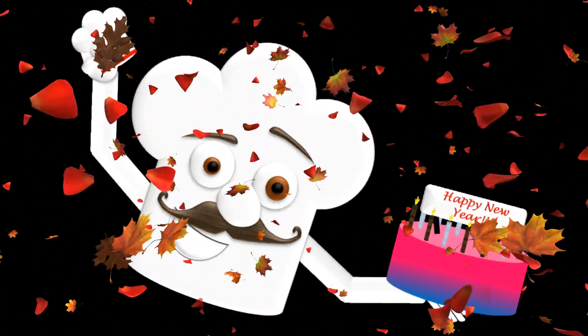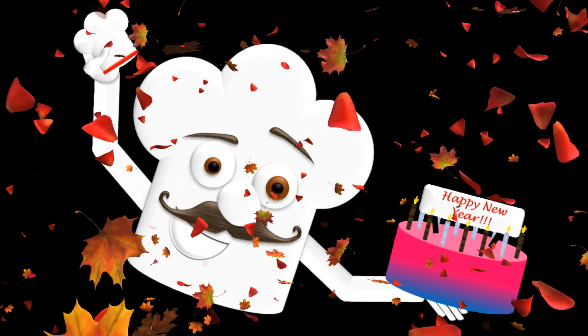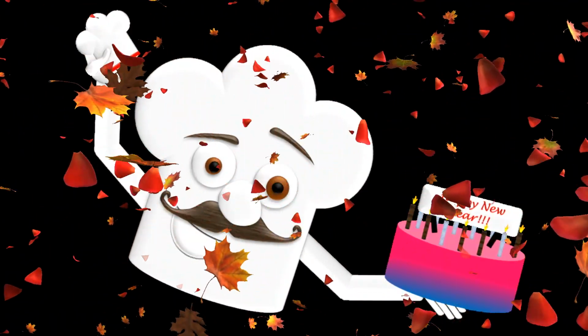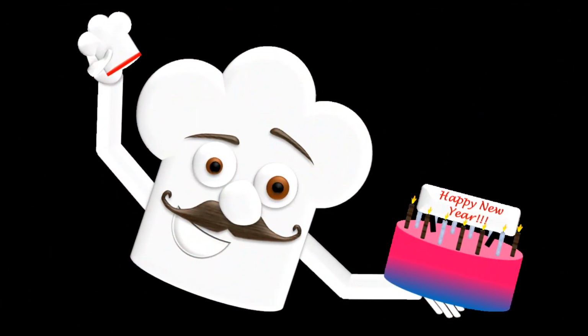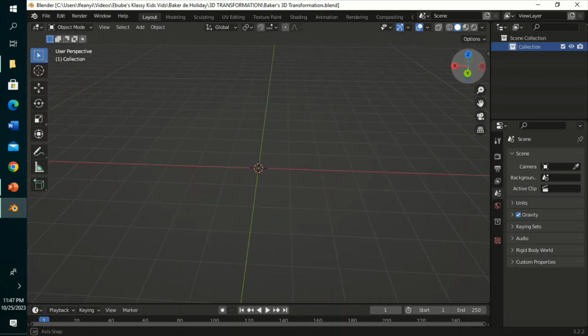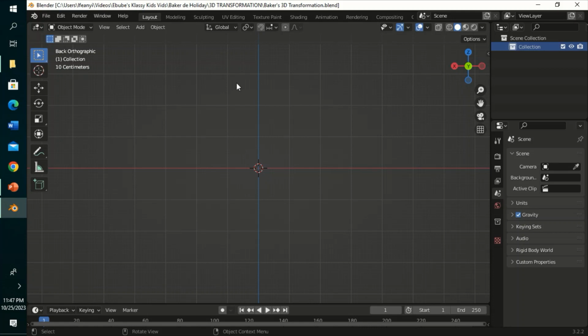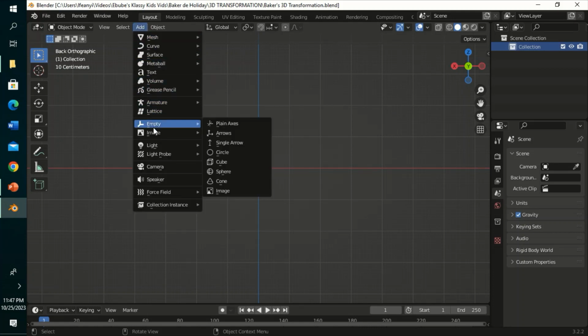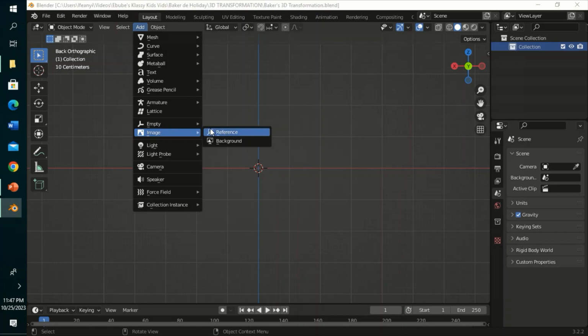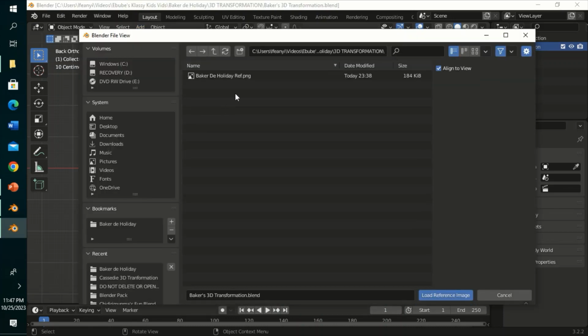Today I create the 3D version of my first ever KKTV character, Bacon Holiday, using Blender. Now before you draw any Blender character, you gotta make sure you have some reference. So I'm just gonna go to add. Then I scroll down to images and I pick the option of reference. Then I take my Blender reference for Bacon Holiday and I import